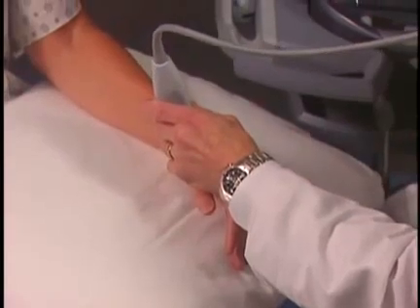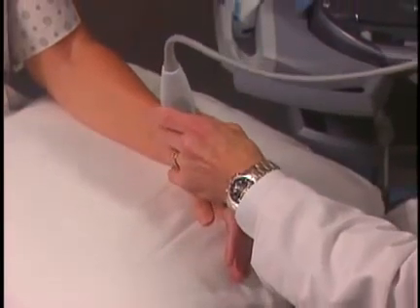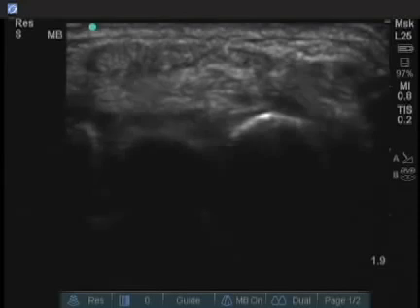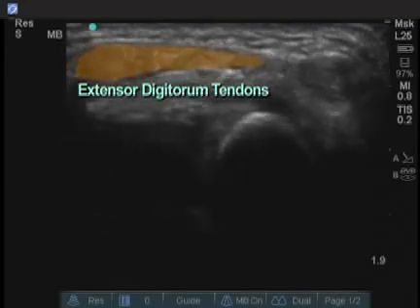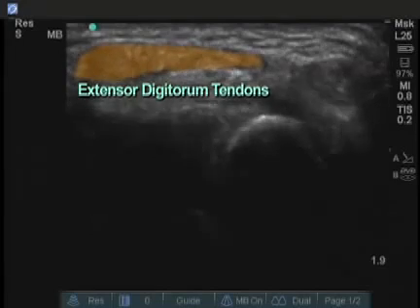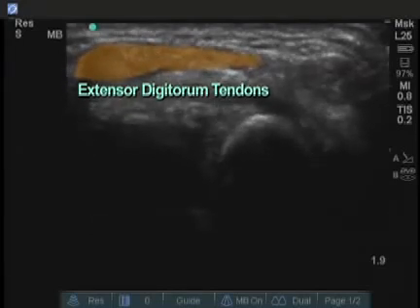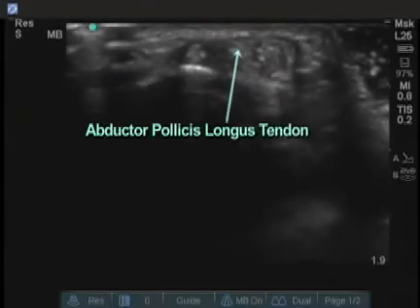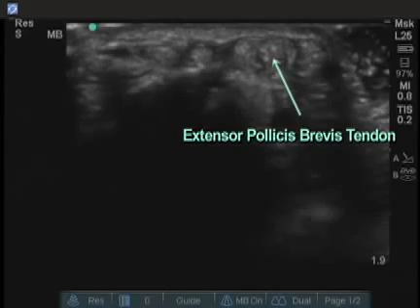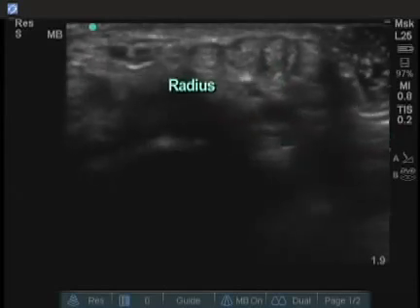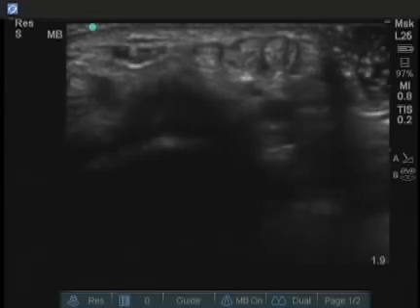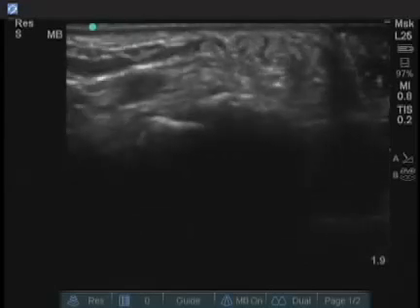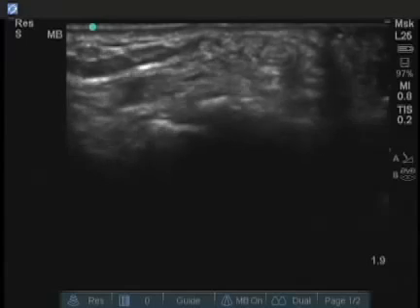extensor tendons of the thumb, where you can sometimes see De Quervain's tenosynovitis. And here is a nice view of one of the long tendons of the thumb. These extensor digitorum tendons here are normal in appearance on cross-section. These are the 2 thumb tendons that you see right over the distal end of the radius, which is right here. This then can be traced distally out toward the thumb, and these tendons and their peritendinous tissue can be